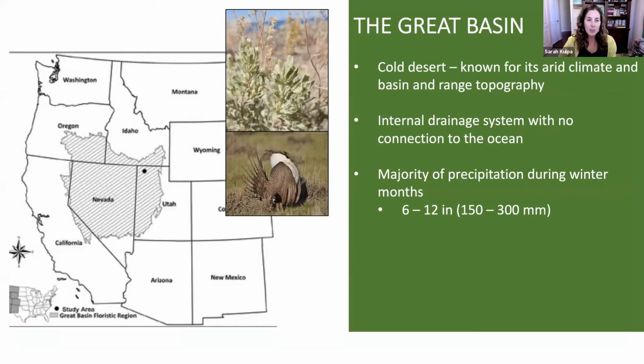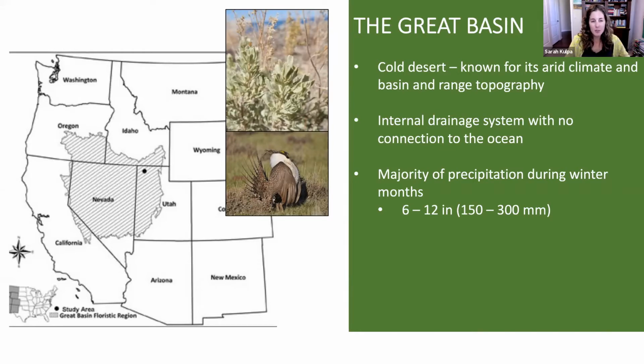All right, and so just to get us all oriented, since I know we have a global audience, this is a map of the Western US, including the state of Nevada, which I'm going to be talking about. But Nevada is part of the Great Basin, and it is shaded on the map, and you can see it covers most of Nevada as well as portions of California, Oregon, Idaho, and Utah.